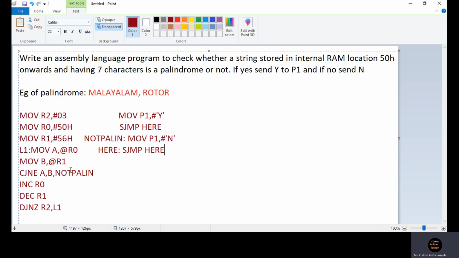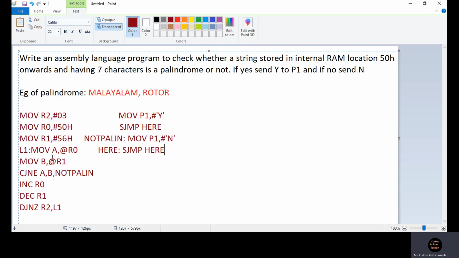If they are unequal, then we will jump to not palin, where we will store N to P1 or send N to P1. If they are equal, we have to move on to the next comparison. For that, we will increment R0 and decrement R1. Then we will check whether the required number of comparisons has been performed.